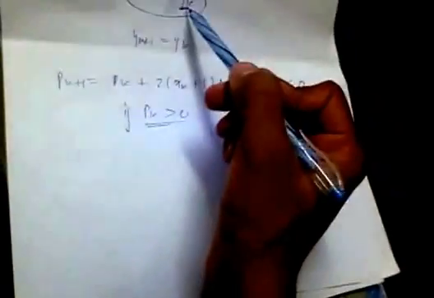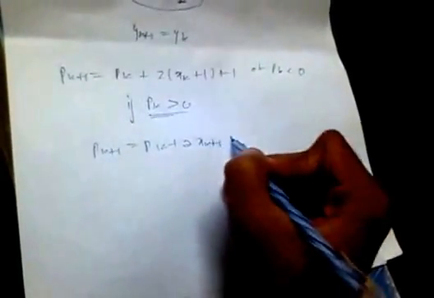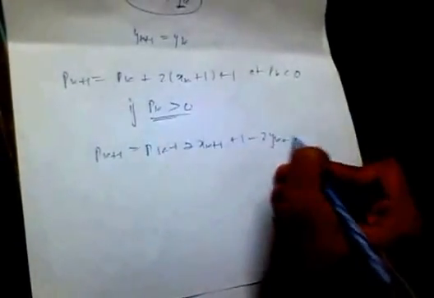Now if pk is greater than 0, then what will happen? Then yk will be yk minus 1, and it is seen that pk plus 1 comes to be pk plus 2xk plus 1 plus 1 minus 2yk plus 1. This can be derived very easily. We just have to put yk plus 1 here. If yk is put as yk plus 1, let us see what will happen.